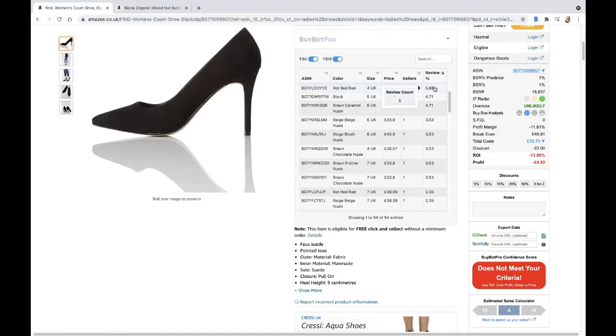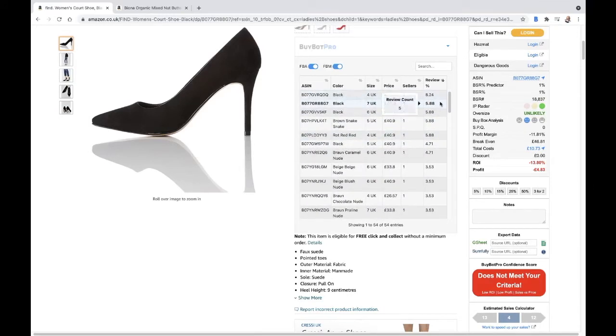But what I'm interested in here is these percentages of who's got the review. The black one's got the highest percentage at 8.24. Black size 4 is clearly the most popular at 8.24% of the reviews. But all the way down to here, there's a difference. Obviously, this is only at 3.53. But it's not like this one's at 60% and then these are all at 5%, and then you'd have a very clear winner in terms of which product was the most popular in terms of reviews.